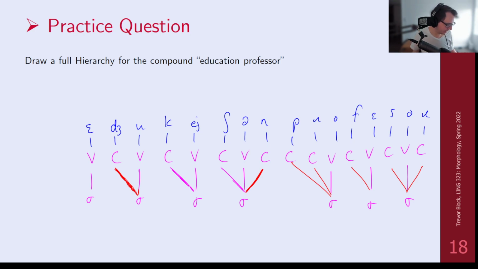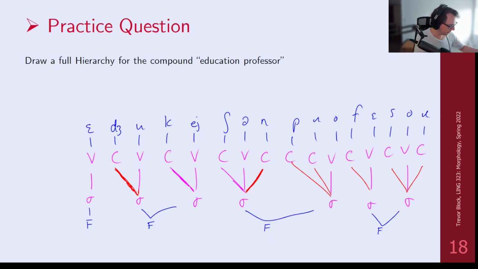Education professor. So we can do foot assignment from left to right, or right to left. In 321, we care a little bit more about how you do this. I'm just trying to showcase how we can do feet to get stress. So whether this is the right way or not, let's not worry too much about that. So education,